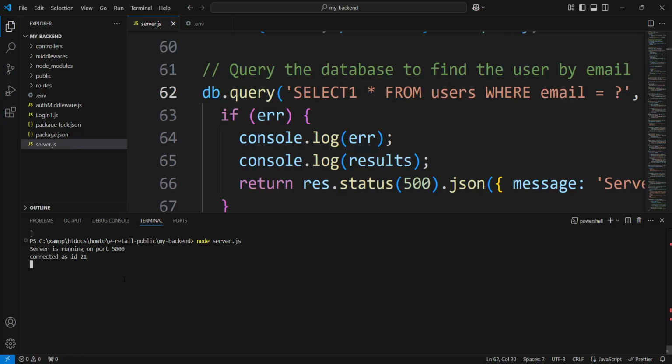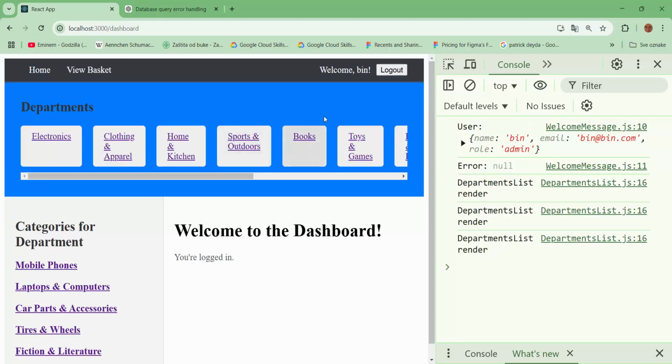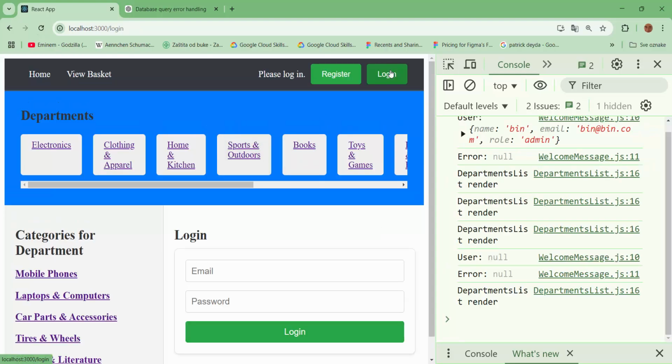Node server. Okay, reset. Now refresh, log out. And now bin